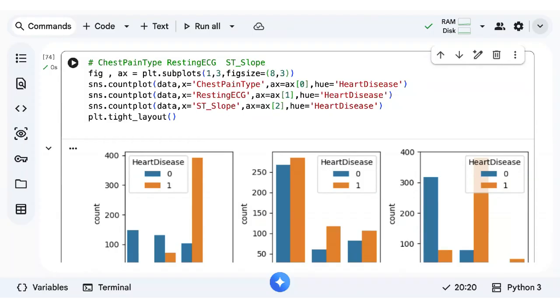That's a patient without heart disease. So usually asymptomatic has a very strong risk of heart attack whenever they get an ASY pain. Okay, so how do we encode it?